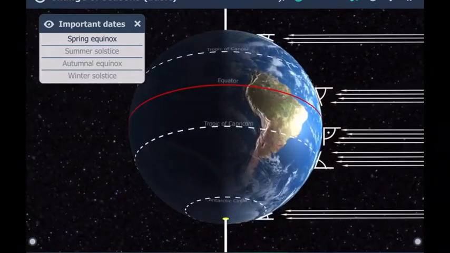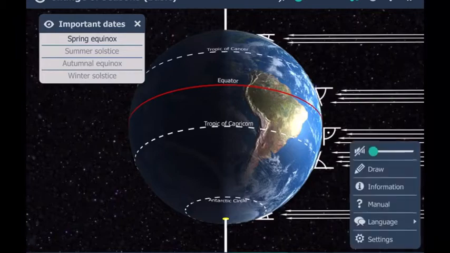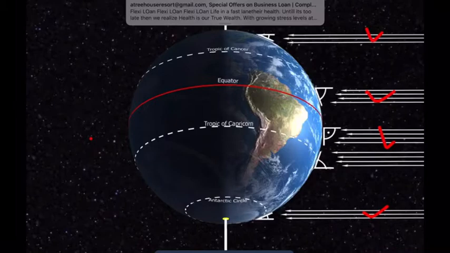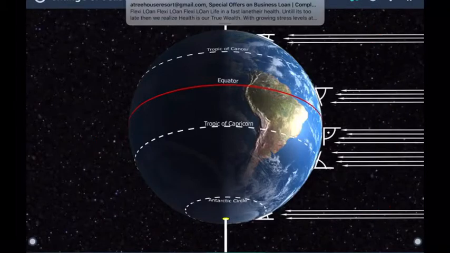Spring equinox. See, students, this is the position where neither the northern hemisphere nor the southern hemisphere is tilted towards the sun, and both the hemispheres almost are getting similar equal amount of sun's rays. These are the diagrams of the sun's rays. Alright, and now I will show you the picture of